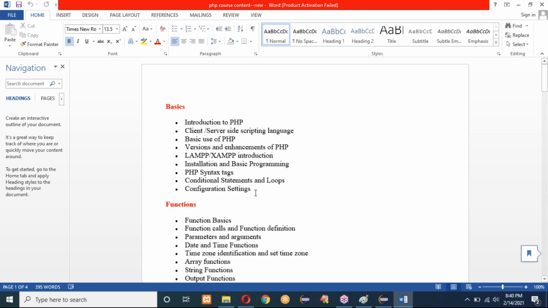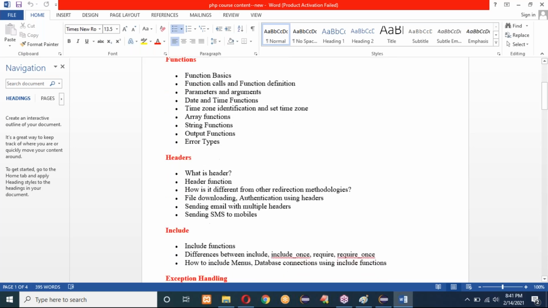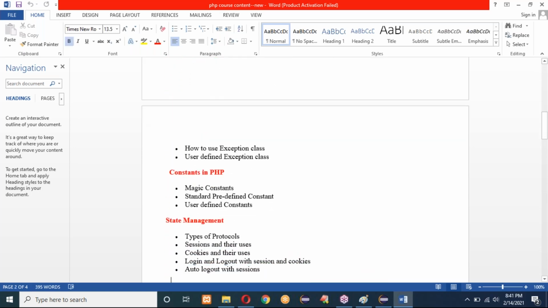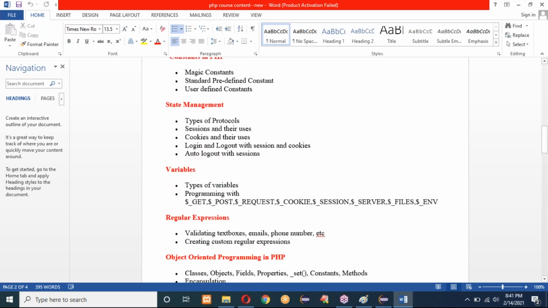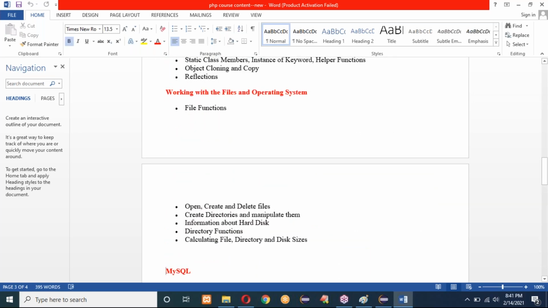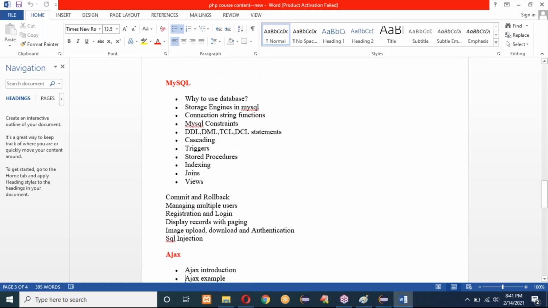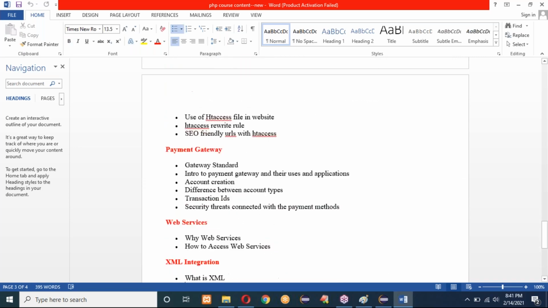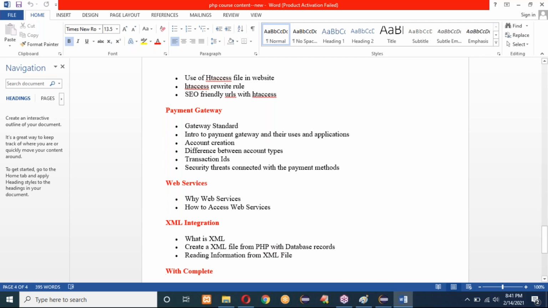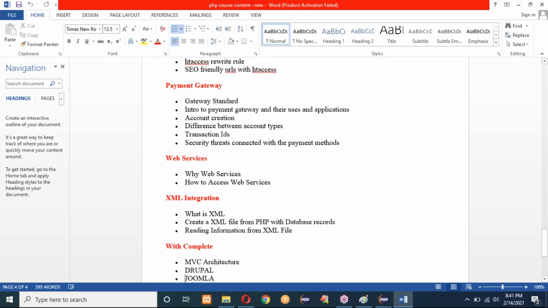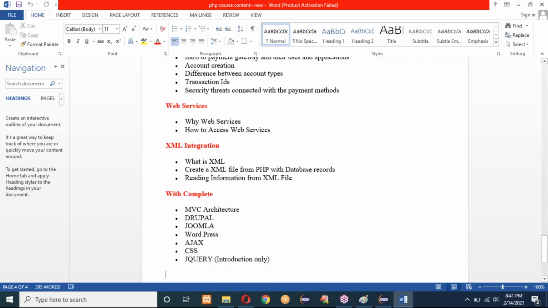Usage of the servers and PHP syntaxes, functions, headers, includes, constants in PHP and variables, regular expressions. Working with files and operating systems and MySQL. Why to use the database, when to use it, and how to interact and access it. htaccess file and Ajax calls, payment gateways, web services, XML, and the complete MVC architecture related to PHP. That I'll explain to you.